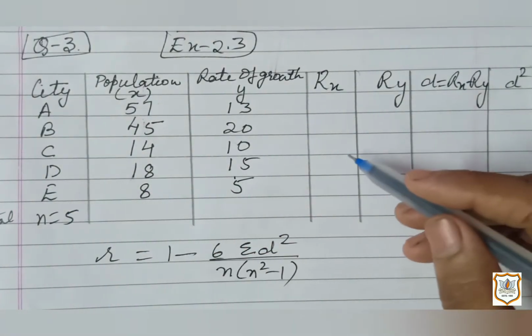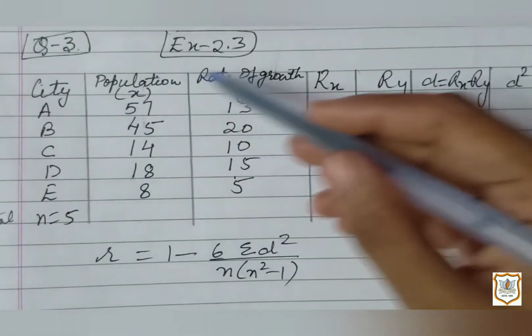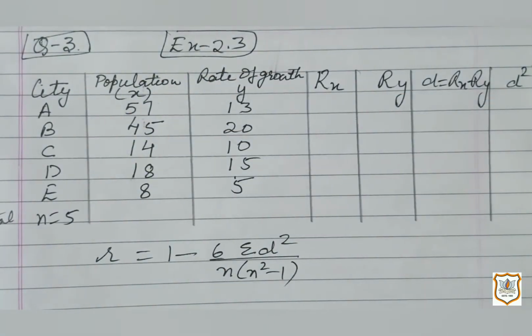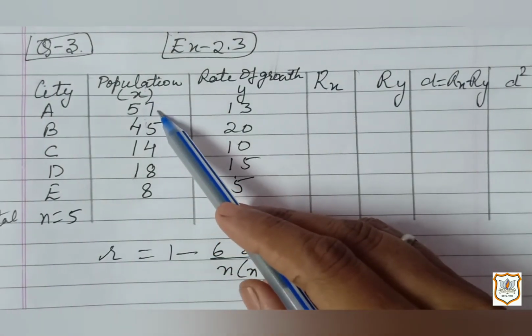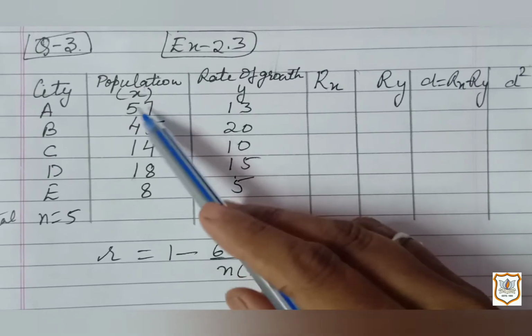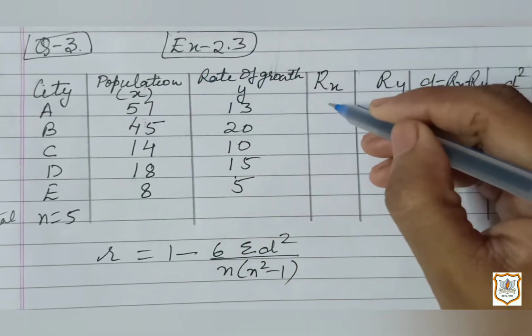Now, the first thing is that here the values are given and the ranks are not given to us. In the previous question, the ranks were already assigned. So here we are supposed to assign the ranks. You know how the ranks are given in the classes. The highest value is given the first rank, then the second value will be given 2, then the third, and so on. Here, 57 in X is the highest value, so the rank given to it will be 1.